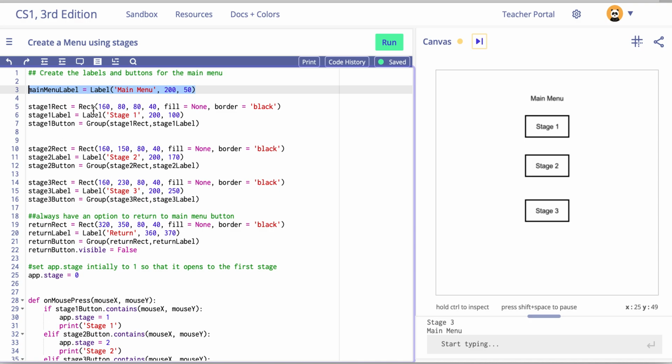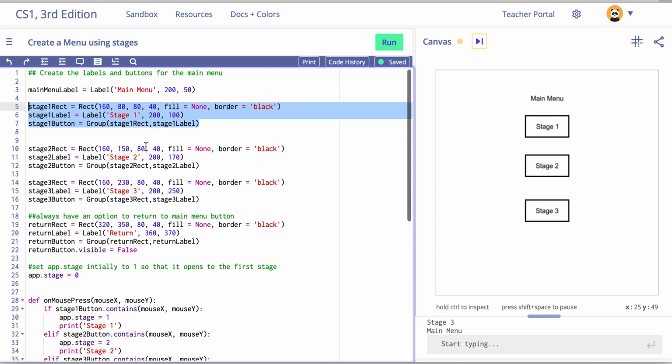And then for my buttons, what I did was I created a rectangle and a label, and then I grouped them together. This allows me to reduce the amount of code later on when I'm trying to make them visible and invisible. I can just hide the whole group rather than hiding each individual component of the group. Okay, so I use that format